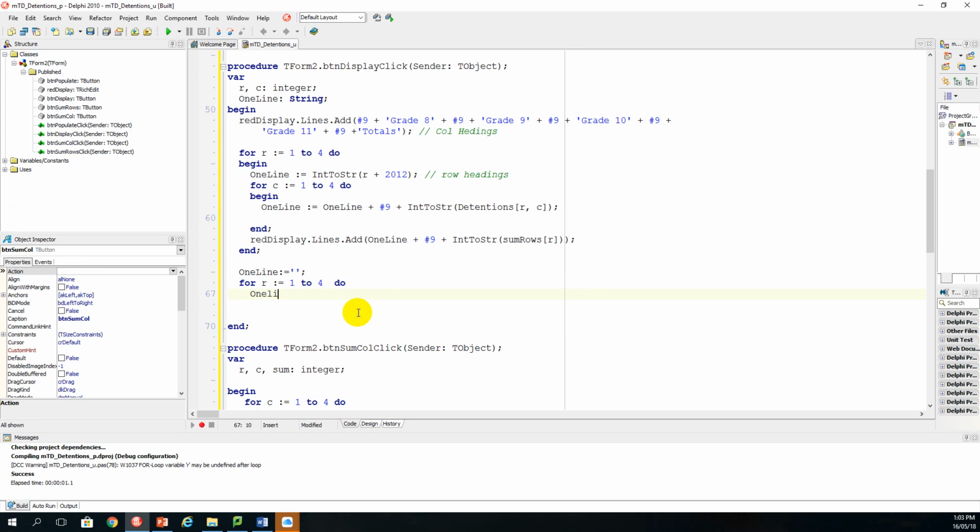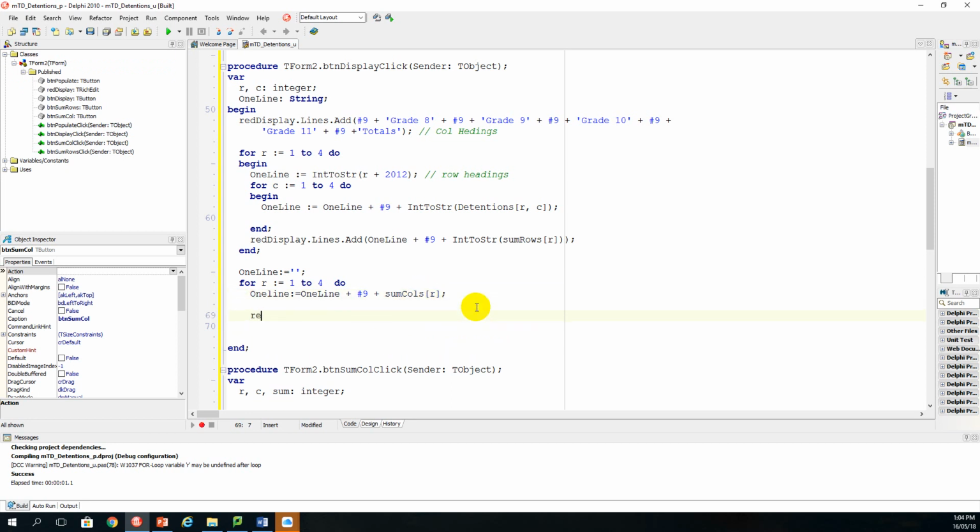So we're going to say one line is assigned one line plus, let's add a tab space in between. So we've got a tab space, and we're now going to concatenate and join that to the contents of the sum of the columns array, which is now R. And that will concatenate the sum of the columns as one string. And all we have to do now is output